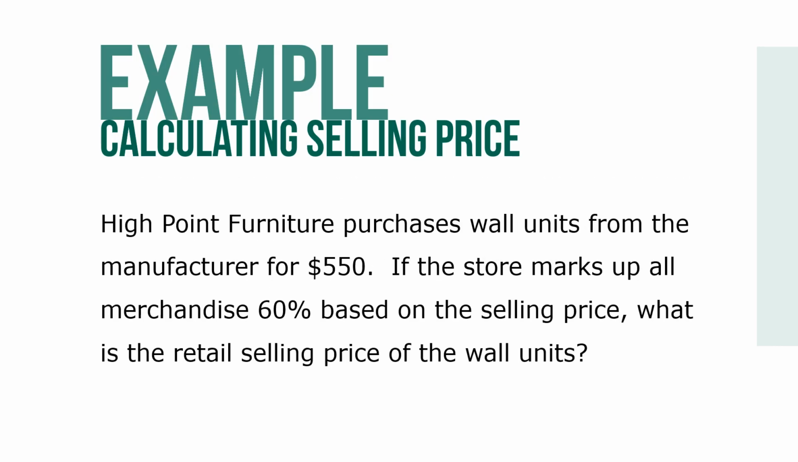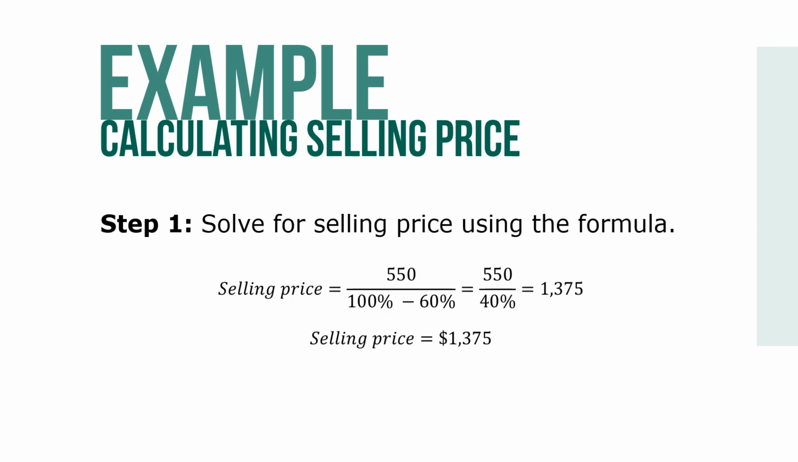Let's take a look at an example. High Point Furniture purchases wall units from a manufacturer for $550. If the store marks up all merchandise 60% based on selling price, what is the retail selling price of the wall units? Solve for the selling price using the formula. So in this case, selling price equals 550 over 100 minus 60, or 550 over 40%, which equals 1,375. So our selling price is